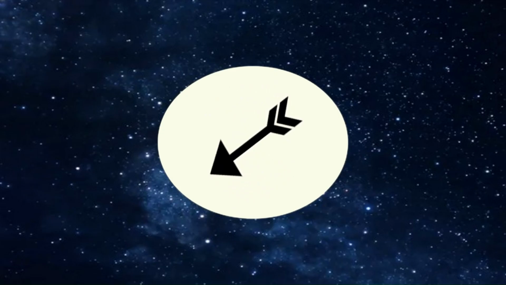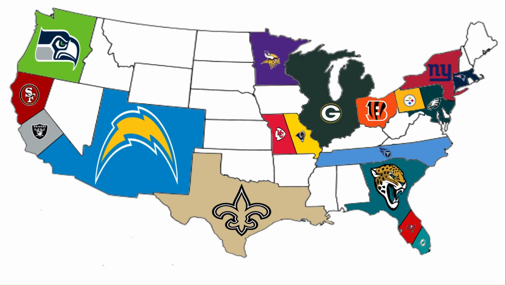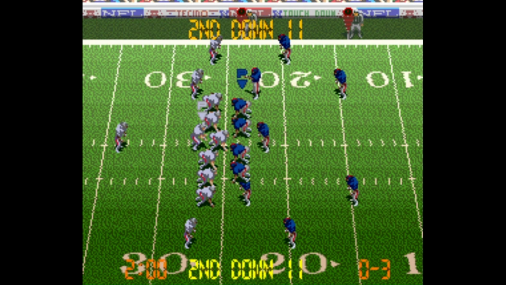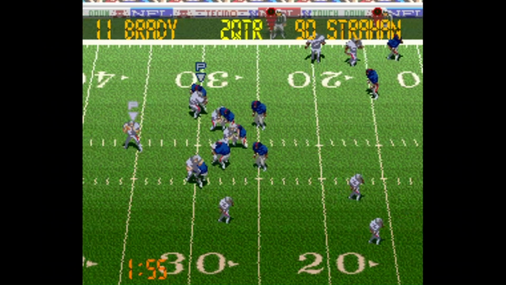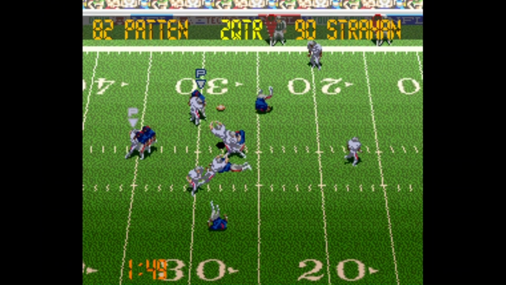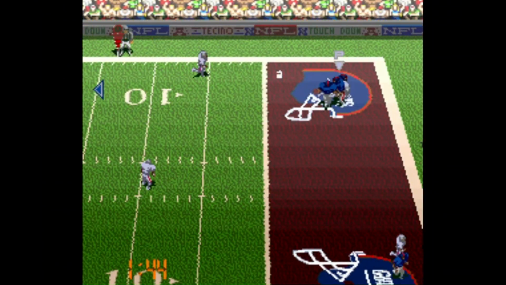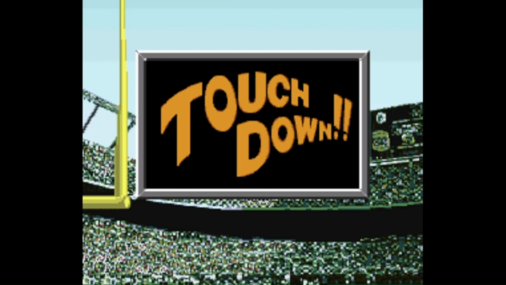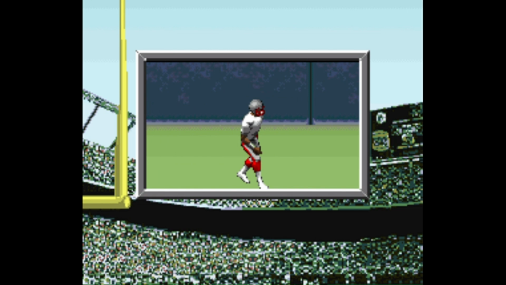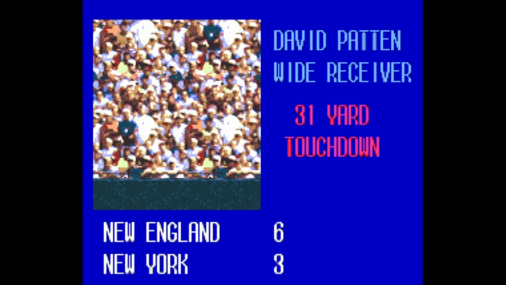The Patriots are selected. They're going to head to the Southwest to take on the New York Giants. At the 2-minute warning of the first half, the Giants lead 3-0 in this defensive game. Tom Brady is going to fire a pass into the end zone. David Patten is going to make the catch in double coverage, putting the Patriots on the board, giving them a 7-3 lead. We now go to the second half.